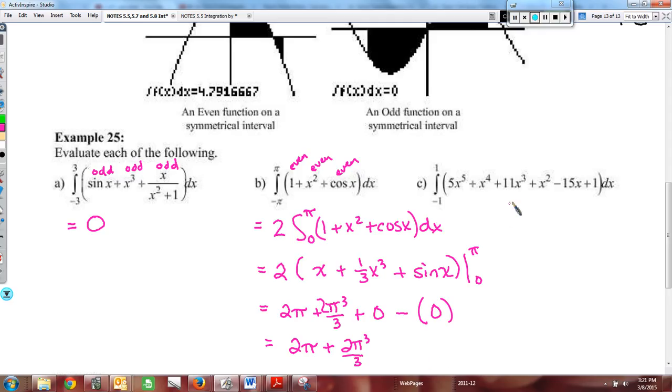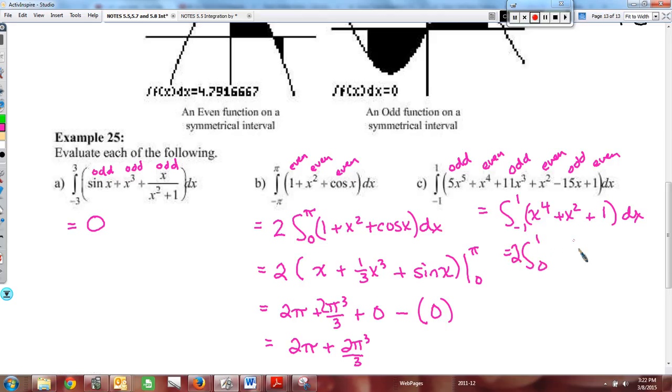All right, let's take a look at this. This one we have odd, even, odd, even, odd, even. So I'm going to regroup these, and I'm essentially going to ignore the odd ones because the integral from negative 1 to 1 for the odd is 0. So I'm just going to ignore them and change this to be the integral from negative 1 to 1 of just the evens, x to the 4th plus x squared plus 1. See, it's all about incrementally saving time, which I know is twice the integral from 0 to 1 of x to the 4th plus x squared plus 1 dx,